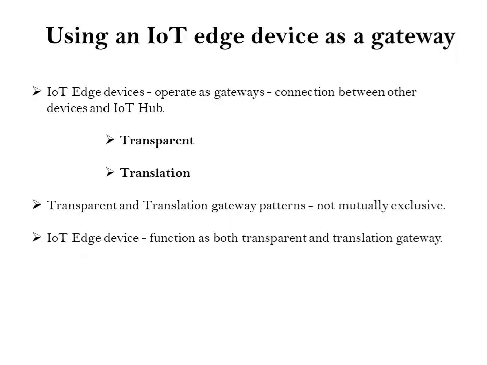For devices that don't connect to IoT hub or that can't connect to IoT hub on their own, IoT Edge Gateways provides that connection. This type of gateway pattern is called translation because IoT Edge device has to perform processing on the incoming downstream device messages before they can be forwarded to the IoT hub. These scenarios require additional modules on the IoT Edge gateway to handle the processing steps. The transparent and translational gateway patterns are not mutually exclusive. A single IoT Edge device can function as both a transparent gateway as well as a translational gateway.